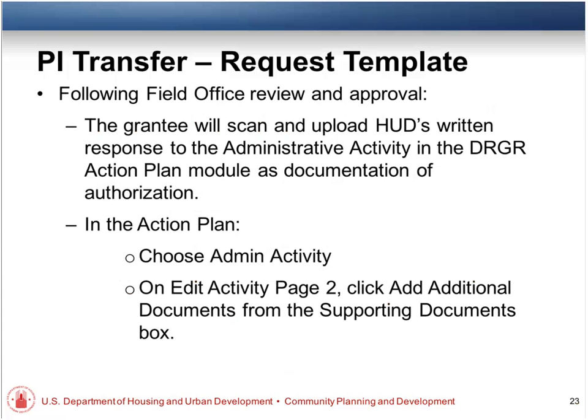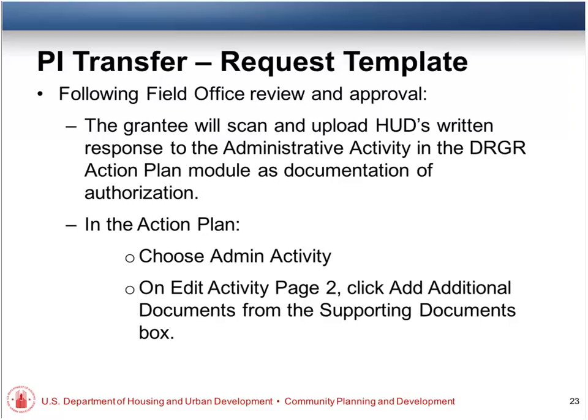Once you receive field office review and approval, and we have put together a template for the field office, they will send you this notification, which will indicate that you've either been approved or that the request was not approved.